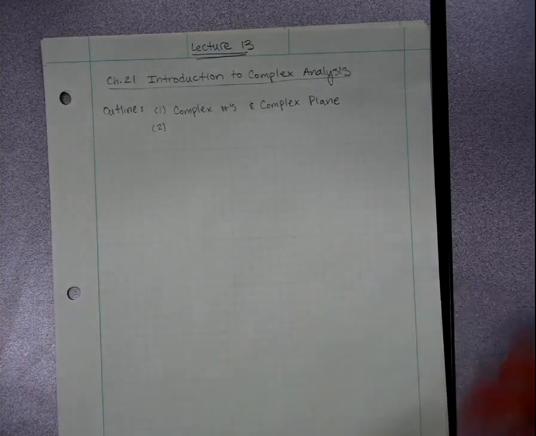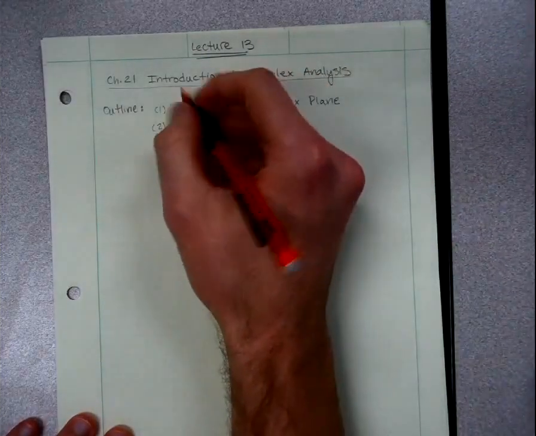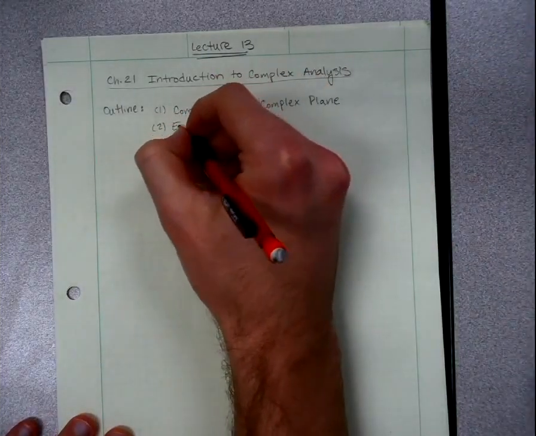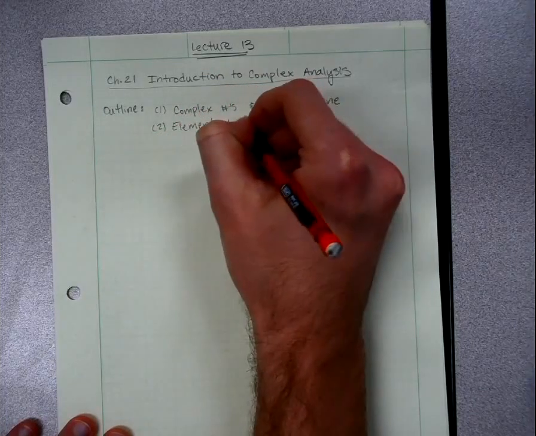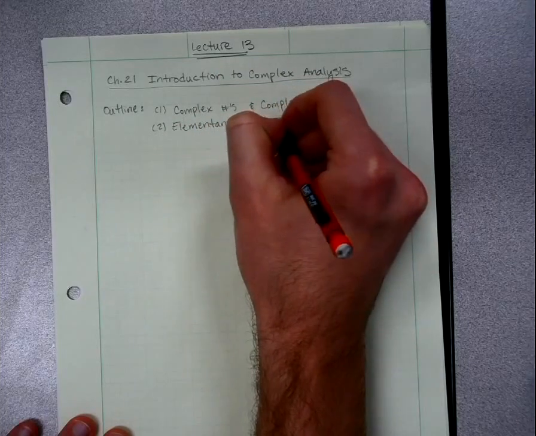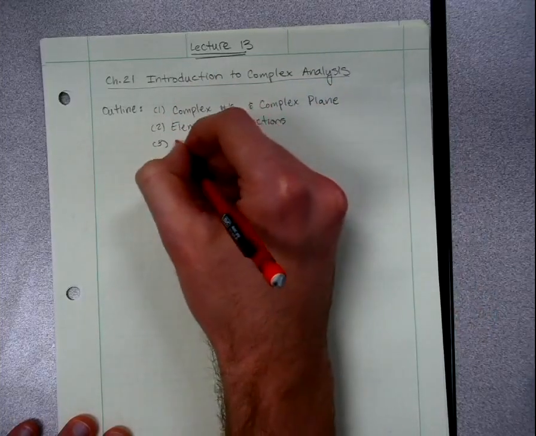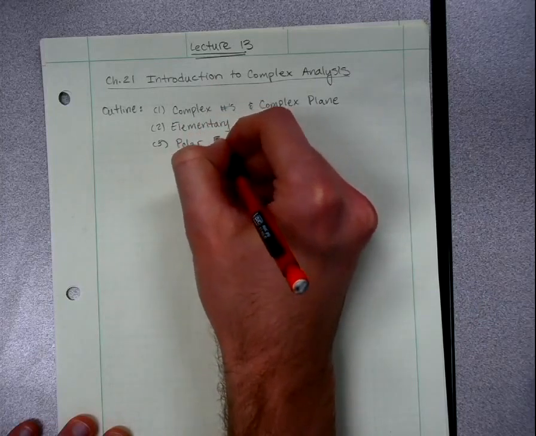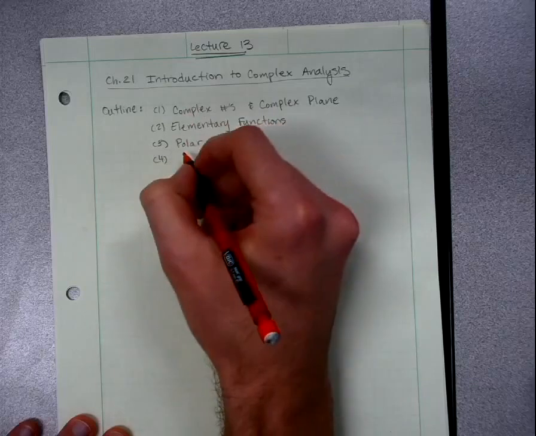I'll slow down, but I just want to write what we're going to do today, and then I'll pause. The second part is elementary functions. The third part is the polar form. And the fourth part is